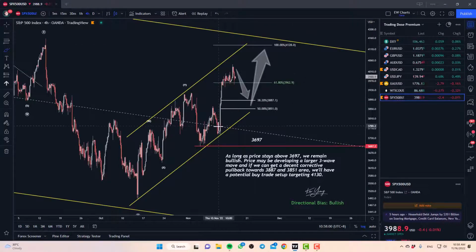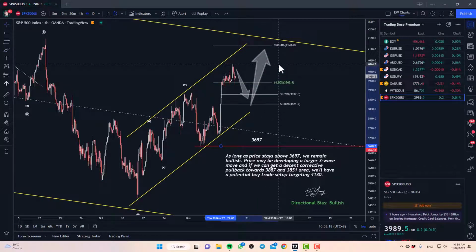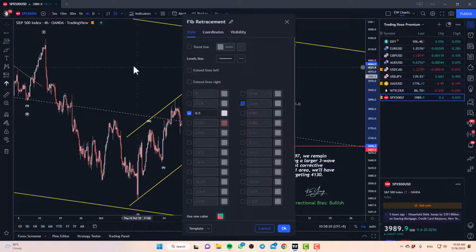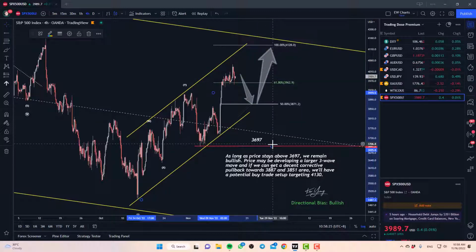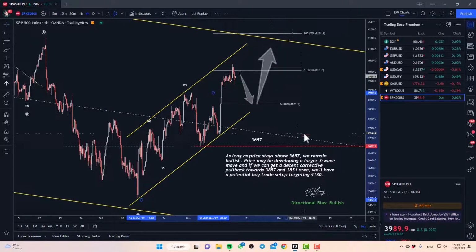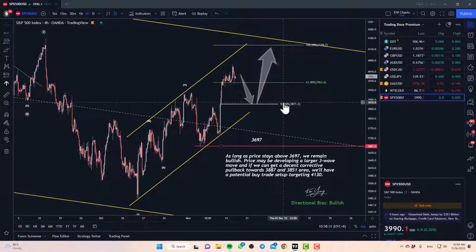S&P, last week we had a very nice little run because CPI was weaker than expected. Then again, the market will expect the Fed to not be so aggressive, and that will be beneficial for equities. So we saw that rally. Short term, I think there is still a little more upside for the S&P. However, you don't want to be overly aggressive yet, because I think right now we might still see a little bit of a pullback first, maybe towards 50%.